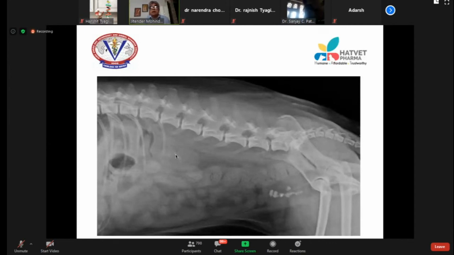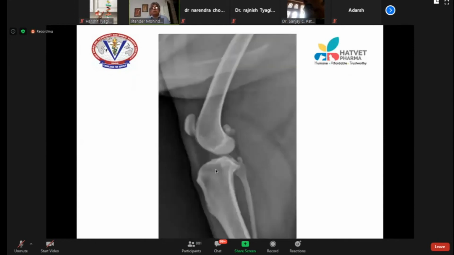There are some fine mineral opacities here in this region. I know that this region belongs to the kidney. So I am expecting that there are multiple calculi in the kidney also. So you have to understand to see the mineral opacities in abnormal positions also. Then these are the metallic, bone opacities, and there is fat here. This is small intestine here. There is gas in some loops of the intestine. So that is how I see this radiograph, or how I make out this radiograph.